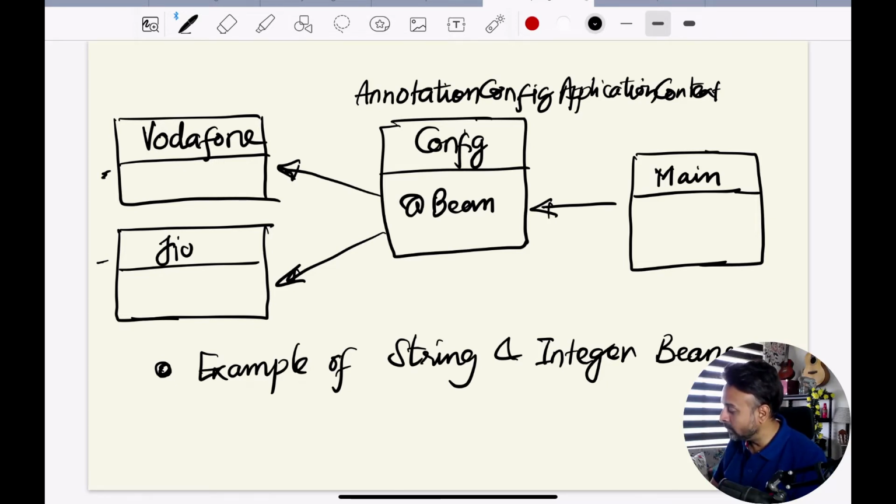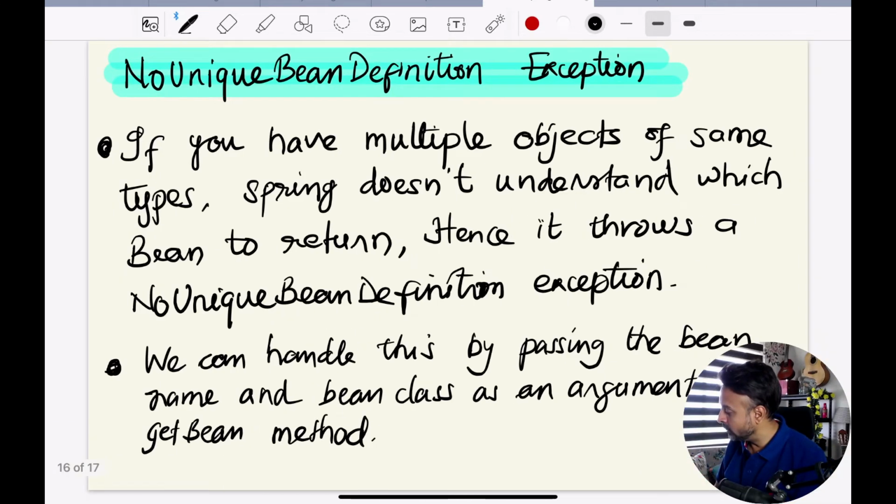So basically, I'm going to convert these normal classes, this Vodafone and Geo classes, into something called a bean in Spring. They call the objects which Spring manages a bean. So I'm going to convert a normal Java class to a bean, or a Java object to a bean. Okay, so this is the idea. So let's